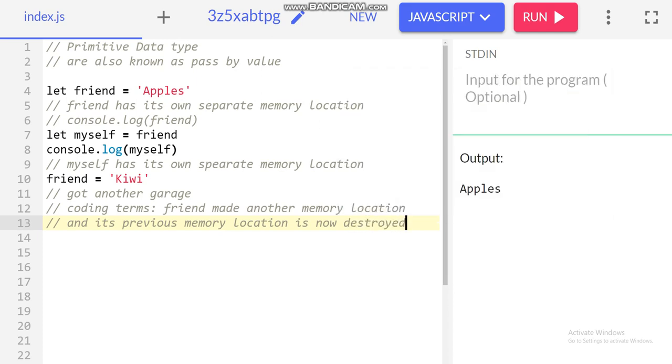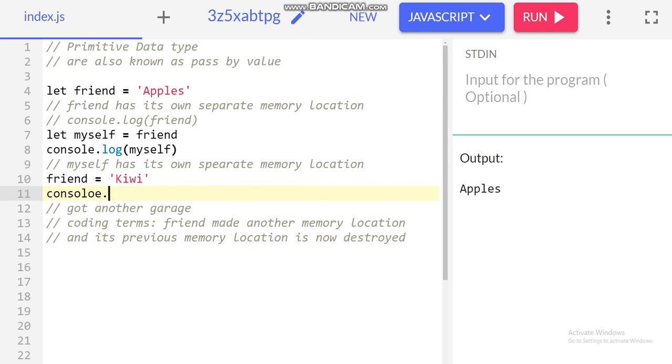Okay, these are the coding terms. So I write console.log friend. See, kiwi. This variable now has the value kiwi, but the apples that myself got from